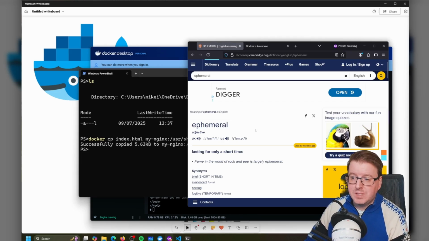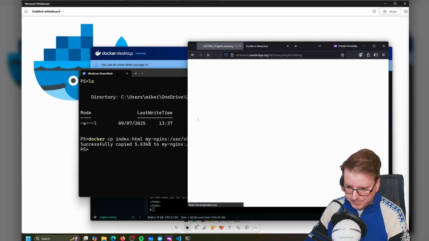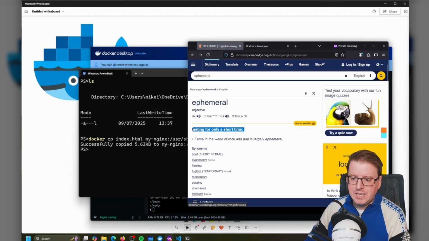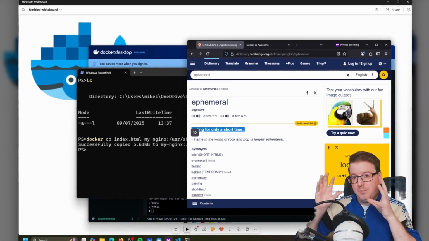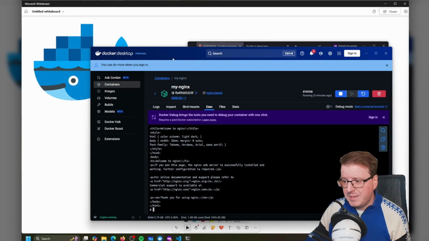And the last thing we need to talk about, Michael, is storage. So we've created the Docker containers, but how do we permanently store the content? Maybe you could walk us through that. Containers are ephemeral. So if you go and look at the Cambridge English Dictionary down here, it says lasting for only a short time, which means that these containers are only running in memory. If I do anything unique to these containers, like for example, copy an index file in here, and now I start and stop, or maybe delete and rebuild this container, there's no permanence of